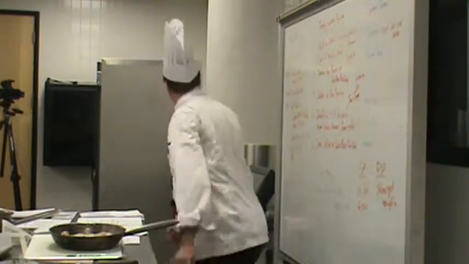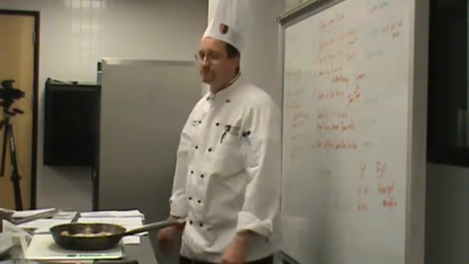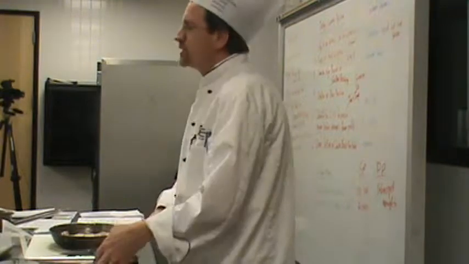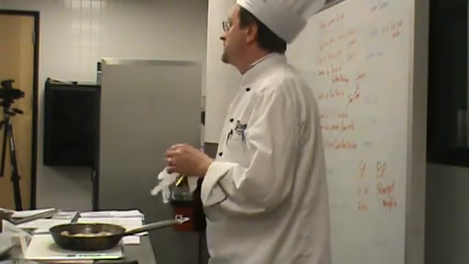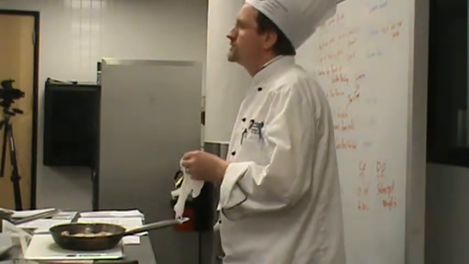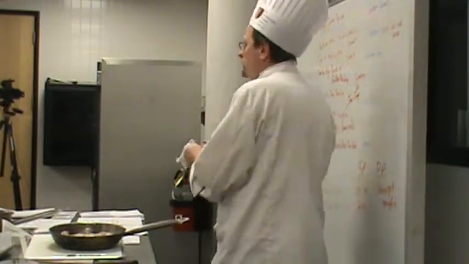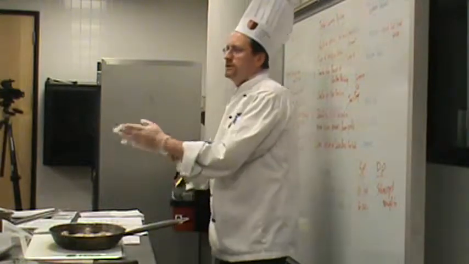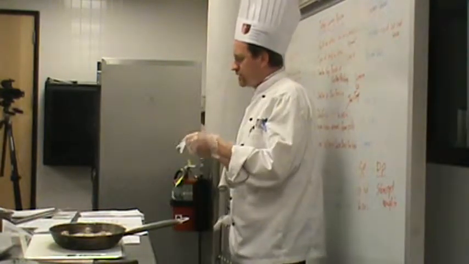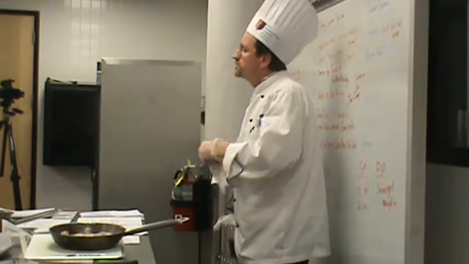Any other guesses? 120? The ideal poaching temperature is 160. So when you're poaching, it should be 160 to 180 degrees. And one of the applications that we're going to learn today is how you're going to tell when you hit 160 degrees. What is that poaching liquid going to